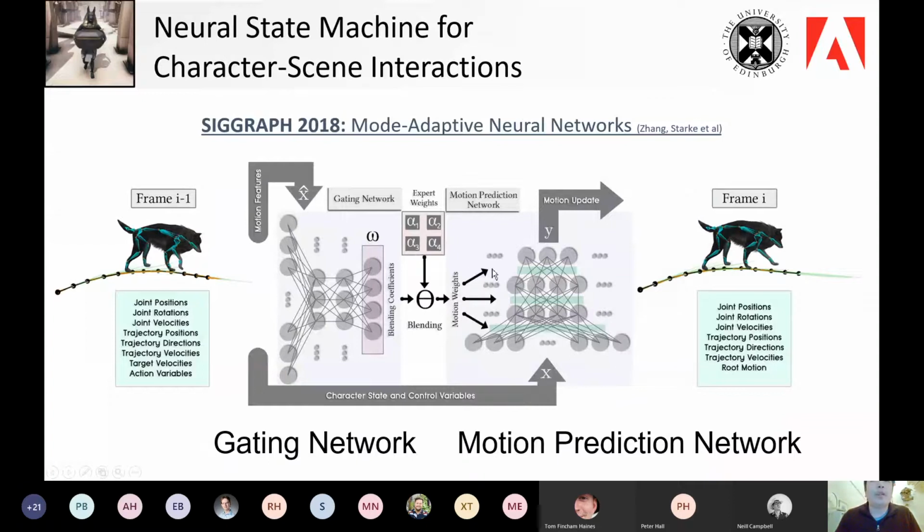The 4 control points are in the form of the weights of this neural network, and each of them is a matrix. They're interpolated and blended together to compute the weights of this neural network that predicts the pose in the next frame. That's all the same as the phase function neural network,